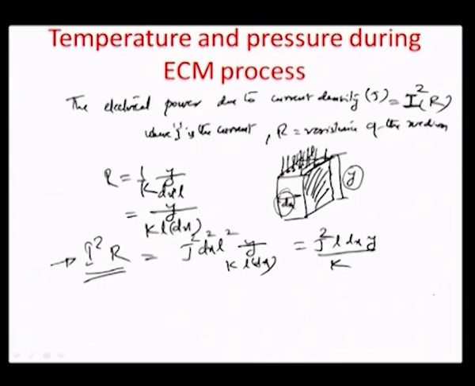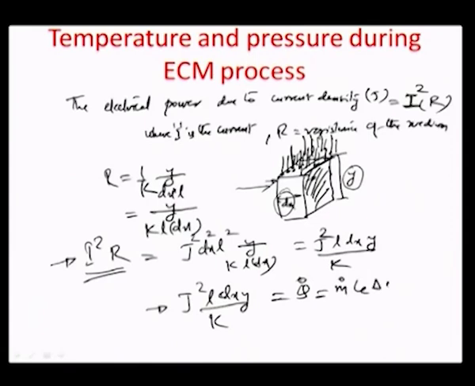So, the total amount of heat that is transmitted to this flowing electrolyte in this direction is really the total amount of heat that is transferred between this phase and this phase, meaning thereby that there is a rise in the temperature because of the electrical power which is added to the system. So, we can actually equate both of them. Okay. So, I square R here is nothing but the rate at which heat energy is delivered, which is power, is q dot, which is m dot C e delta theta as seen before,